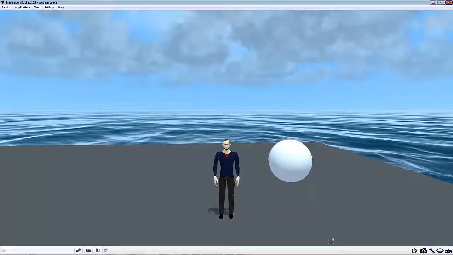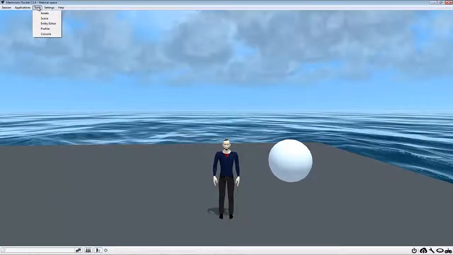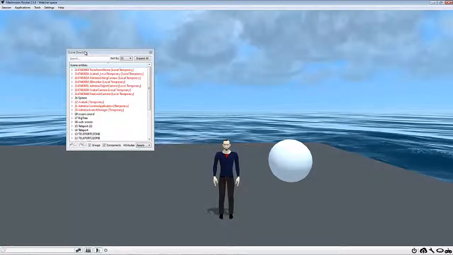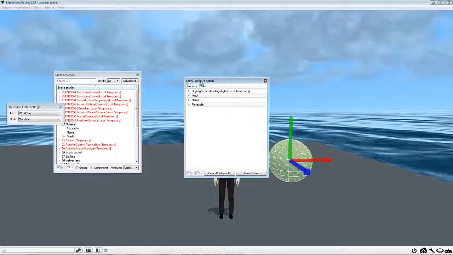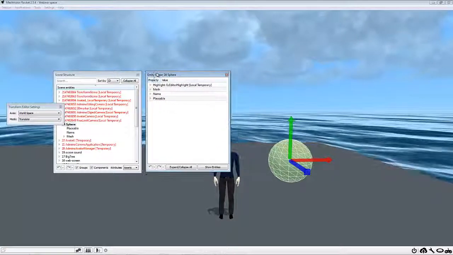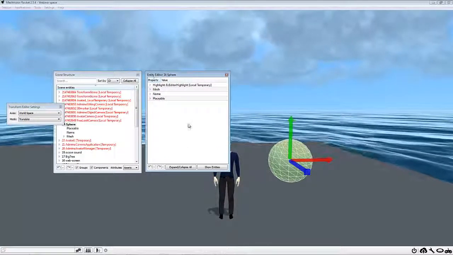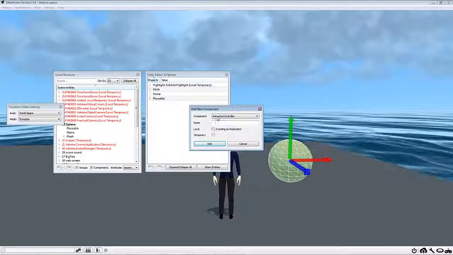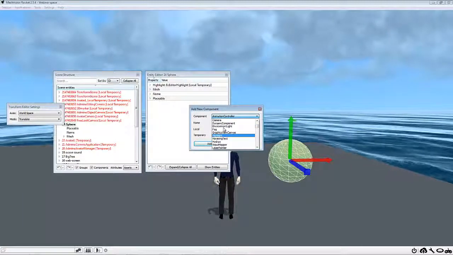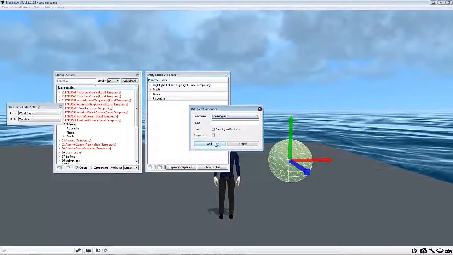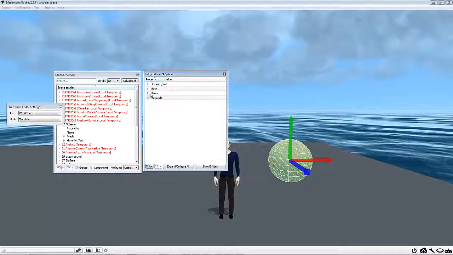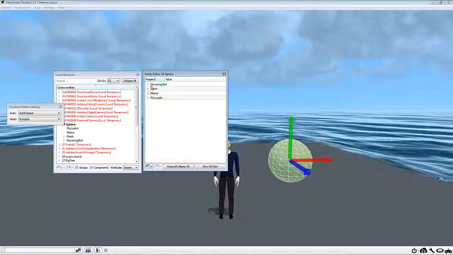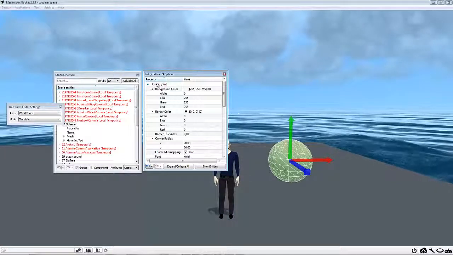Okay, we can leave the build mode, and now let's go in Tools, Scene, open the scene structure, double click on the sphere entity that we've created. That opens the entity editor. Then here right click and add new component. So we're going to choose the hovering text. Press enter. Okay, so now in our object, in our entity, we have added a new component named hovering text,